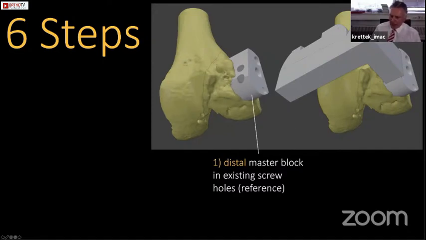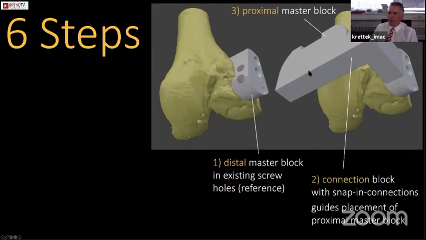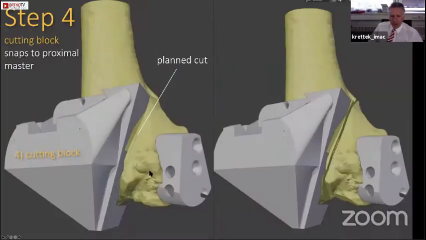And it is nicely referenced because we just use the holes of the screws which were removed. Then we need a connection block to the proximal master block, and then we have two referenced structures on the bone. And step number 4 is adding a cutting block to the proximal master block, which nicely